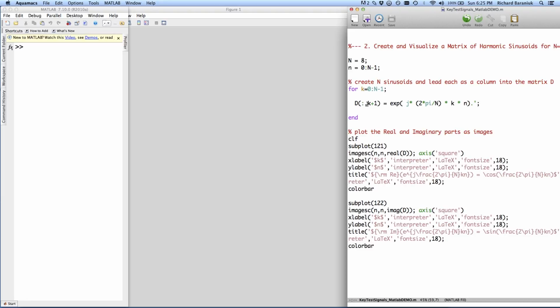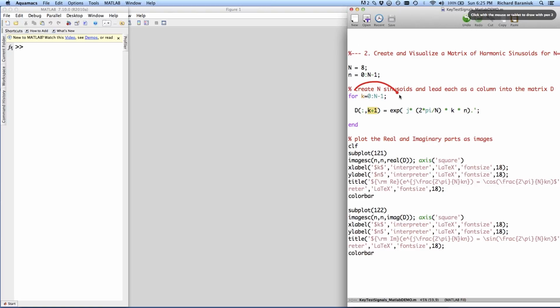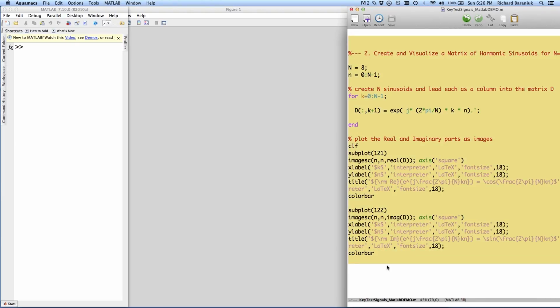Here you'll note one of the tricky things that you need to worry about in MATLAB: we're using n and k as varying from 0 to n minus 1, but in MATLAB that is not allowed. You have to start counting indices at 1 for building matrices and vectors, sort of a Fortran notation. And so you're always going to be having to add or subtract 1, which can get confusing and can lead to bugs in your code. Okay, so let's just execute this in our MATLAB window